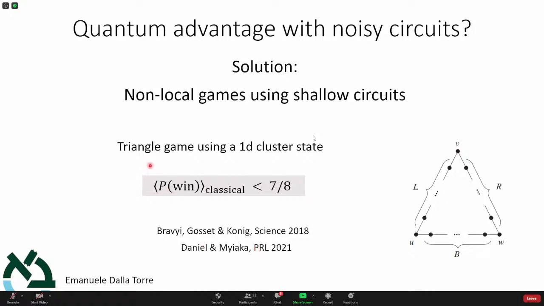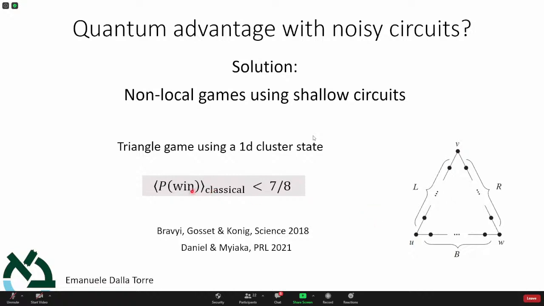I'm going to describe the game in a moment, but it's a game that has many players. That's why it is an extension of the Bell inequality between two qubits. Here we will see that we have many, many qubits, at least 6. The minimal number of qubits for a triangle game is 6, because each player has 2 qubits and you want to have a triangle. So the minimal instance is basically 6 qubits: three players in a triangle and 6 qubits. But this can be extended to any number of qubits.